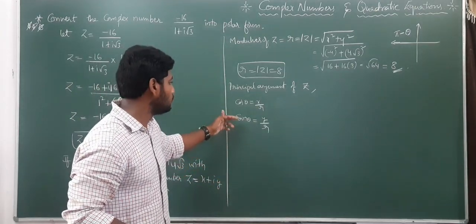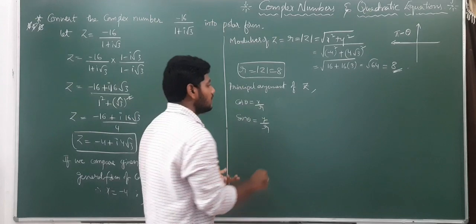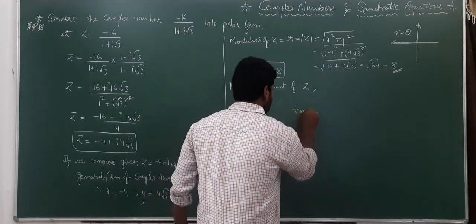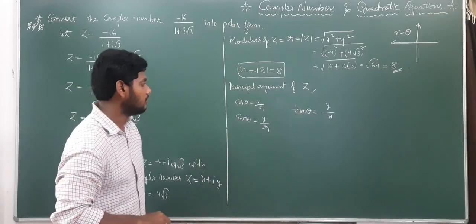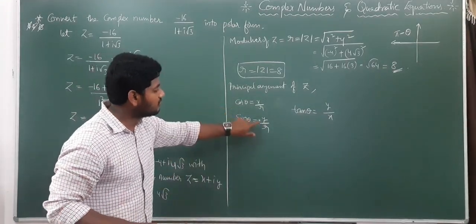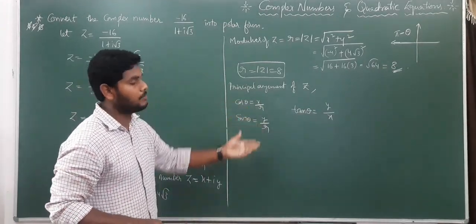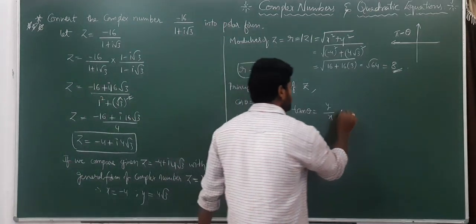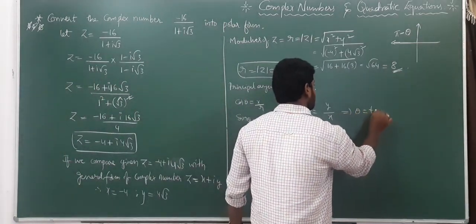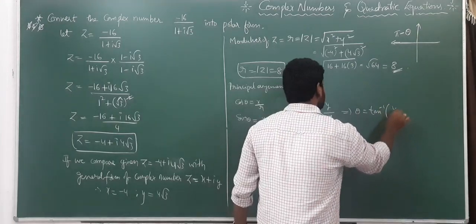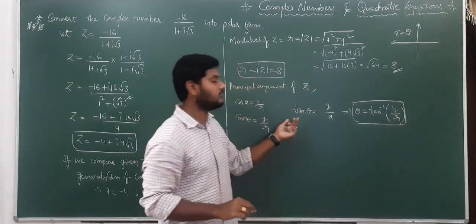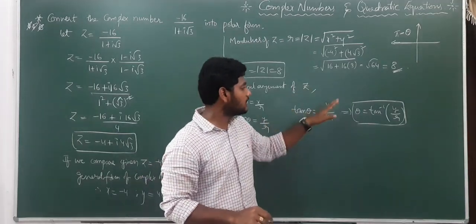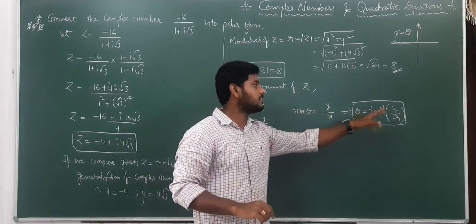But instead of finding sin theta and cos theta, directly you can find tan theta, which is equal to y by x. Check it. Sin by cos is nothing but y by r divided by x by r, the r cancels, giving y by x. Now what do we mean by theta here? Carefully see. Theta equal to tan inverse of y by x. If we send tan to that side, it becomes the inverse.